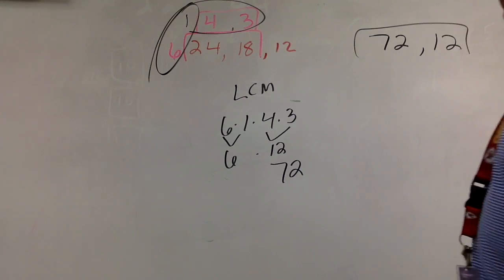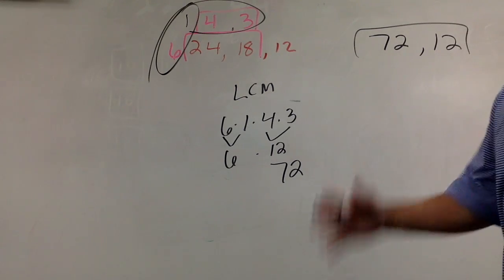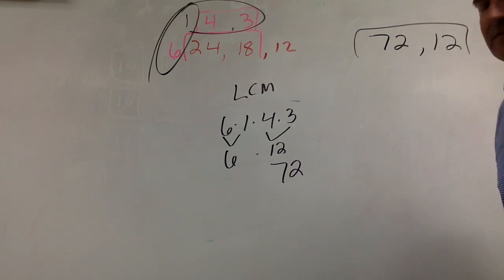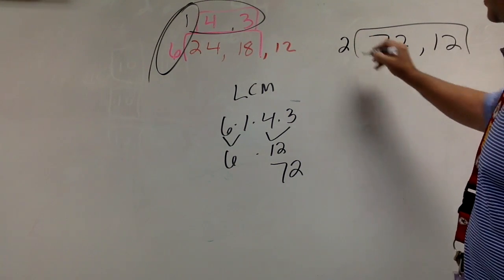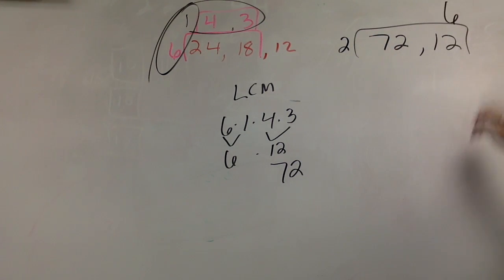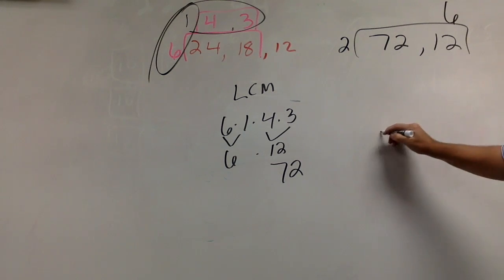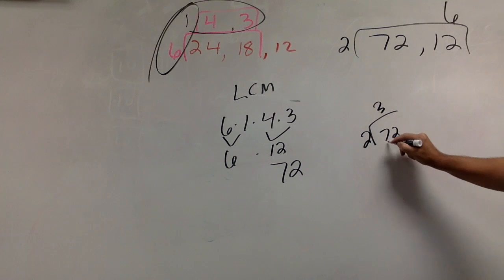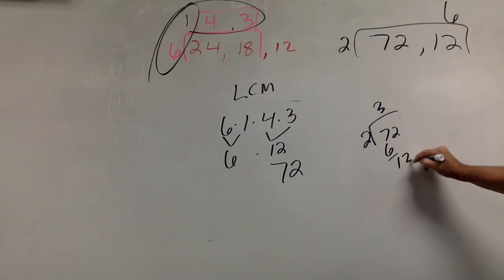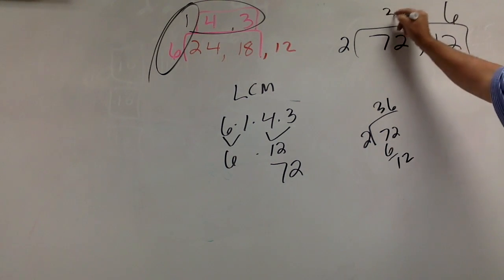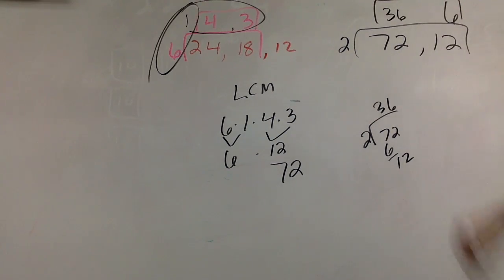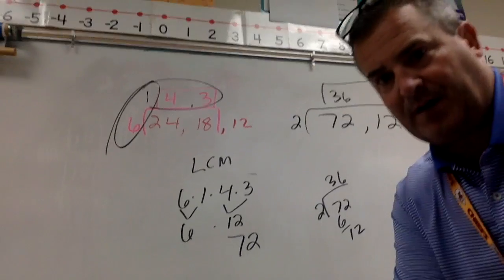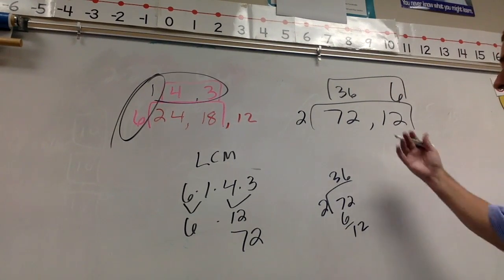What goes into both 12 and 72? If you know your 12s, 12 does. If you don't know your 12s, let's pick something simple. 2. This is 6. I don't know. Well, I know, but you wouldn't know. So I take 72 divided by 2, and I get, it goes in 36 times. Then I go to that. And if you don't know your facts,